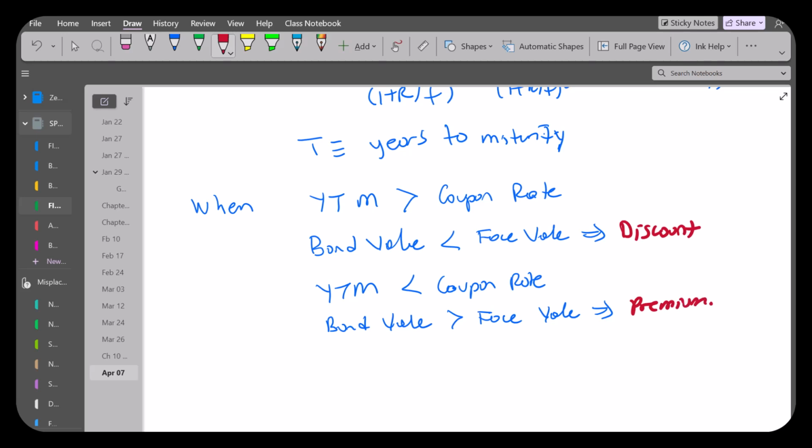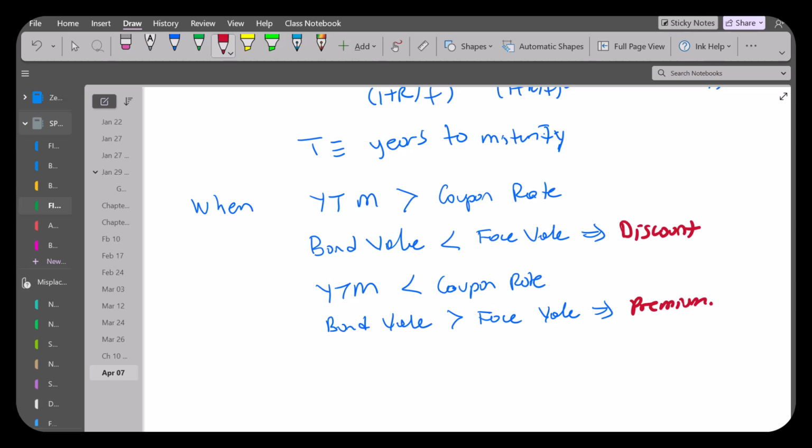You can think of yield to maturity as the market interest rate in a sense. For a straight, fixed coupon bond, the coupon rate, hence the coupon amount, is set at the time of the issue and it never changes. So when US Treasury issues a bond and it says coupon rate is 4%, assuming face value of 1,000, each coupon is going to be $20 and that's not going to change until it matures. Okay. We have things called floating rate bonds, but we're not going to talk about them at least for this chapter,